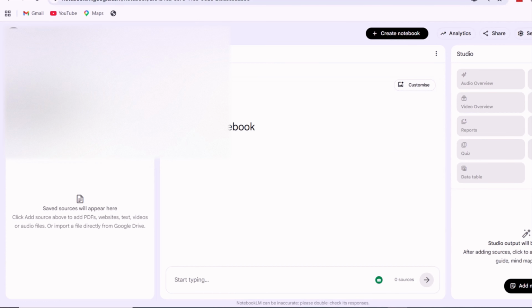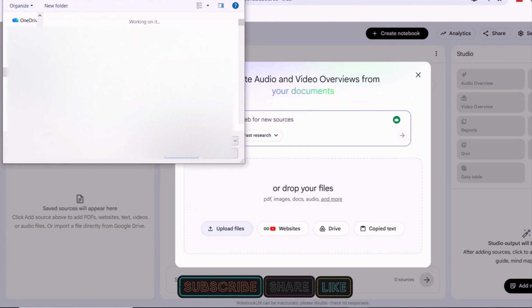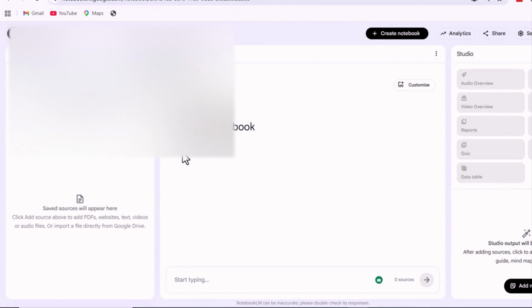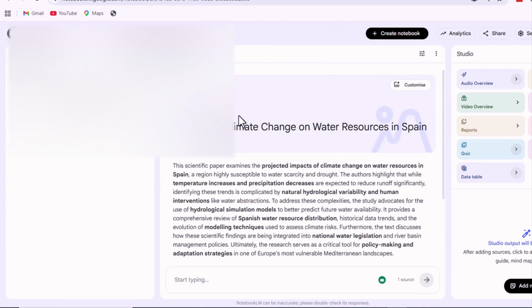So imagine this. You upload a 15-page research paper. And instead of reading everything line by line, you instantly get the key ideas and simplified breakdowns. It's also an AI tool where they explain and discuss your uploaded content in a natural conversation style. So it doesn't just help you read. Honestly, for students, researchers, or anyone dealing with long content, NotebookLM feels like a next level learning upgrade.